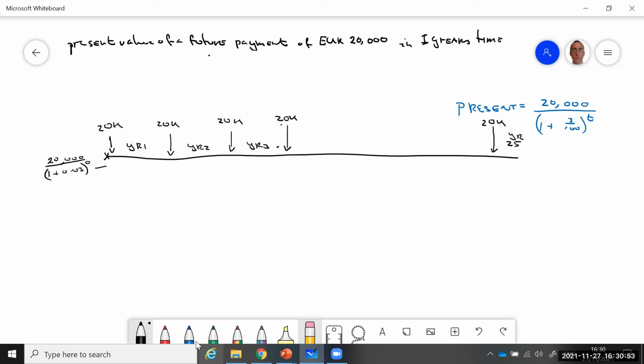So that present value is basically the same as the intended future value. But the next piece of money in his pension pot will have 1 year to accumulate in order to give him this tranche of 20,000 euro. So the present value for that is this, over 1 plus